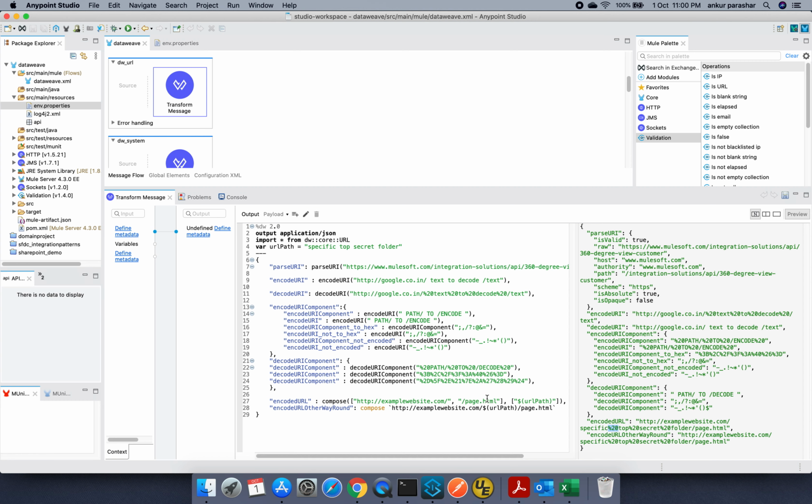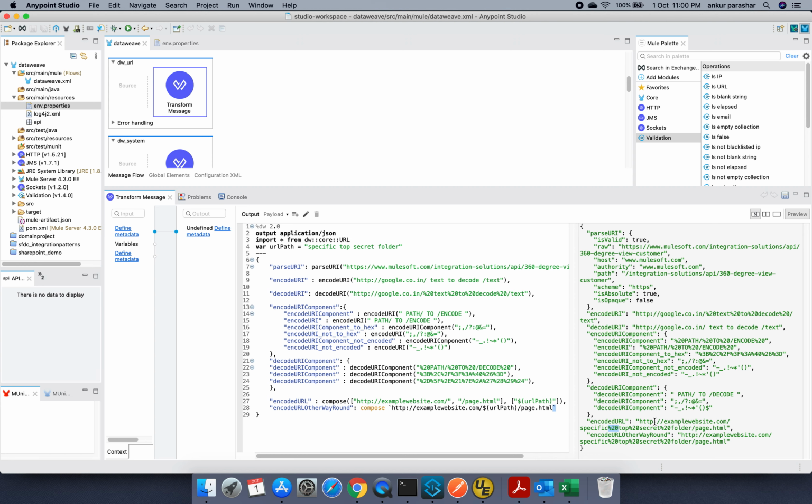In order to do it in a simpler way, for compose just use backticks, and then you pass up to this path. Then you specify the URL path with the dollar sign because we are using this variable. After that page.html, and you close the backtick.